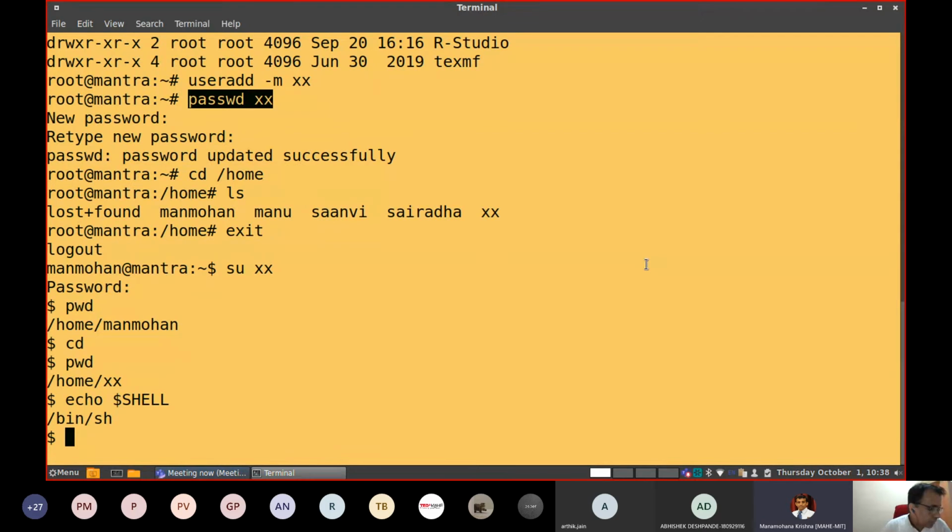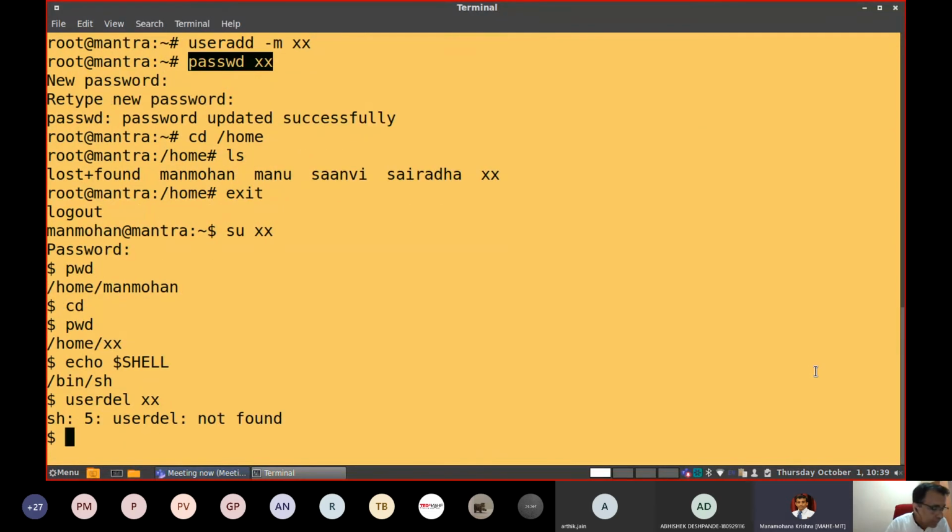Similarly, it is possible for you to delete the user account, userdel. Be very careful here. When you issue the command, don't give your own user ID or any other user's. userdel xx. Or sometimes it is another command.